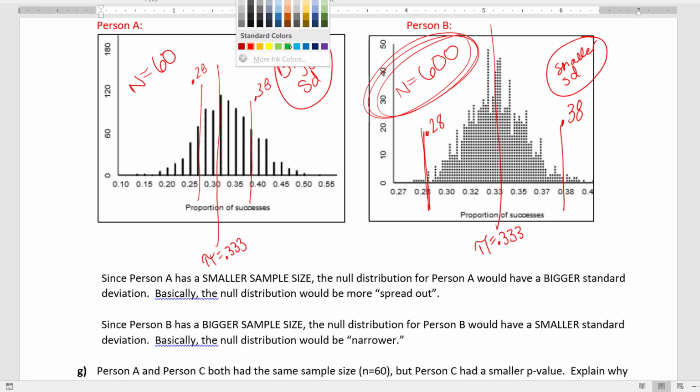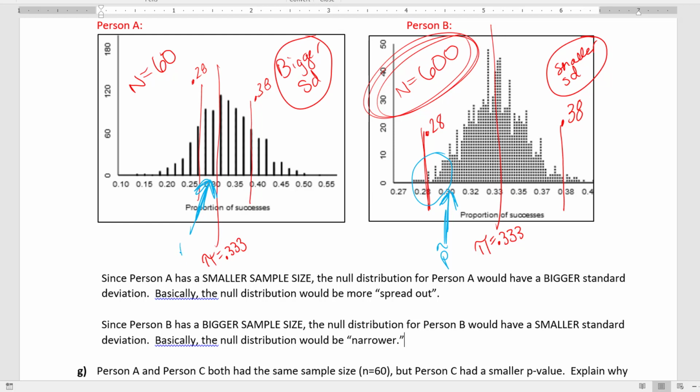Remember, they both had a sample statistic equal to p hat equals 0.3. So for person B, p hat equals 0.3 is here, kind of near the tail. The p-value would be calculated by finding sample statistics that look like that p hat and smaller. Whereas person A's p hat of 0.3 is very, very close to the center. And when you calculate the p-value for person A, there would be many, many more sample statistics like that